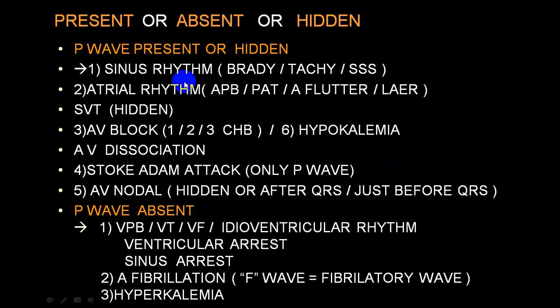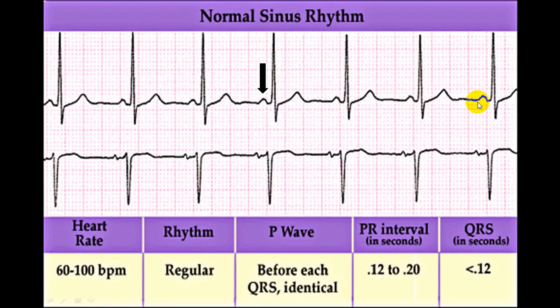This is typical, so always try to look at whether the P wave is present or absent, and you can easily decide what the condition is. So try to pay attention. Now I'll show you some of the ECG leads.